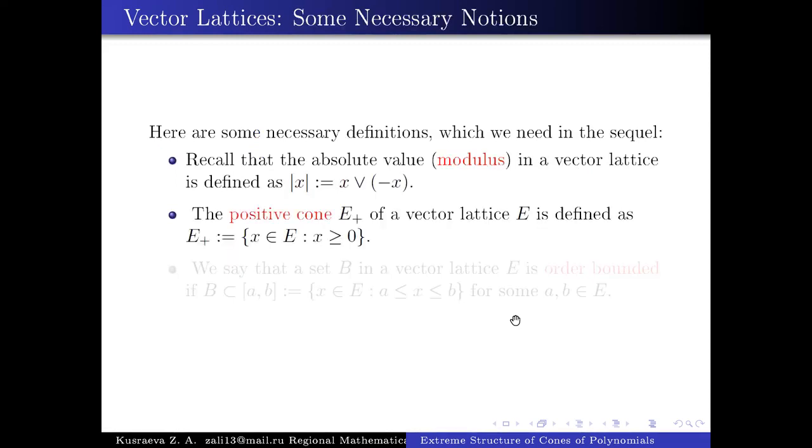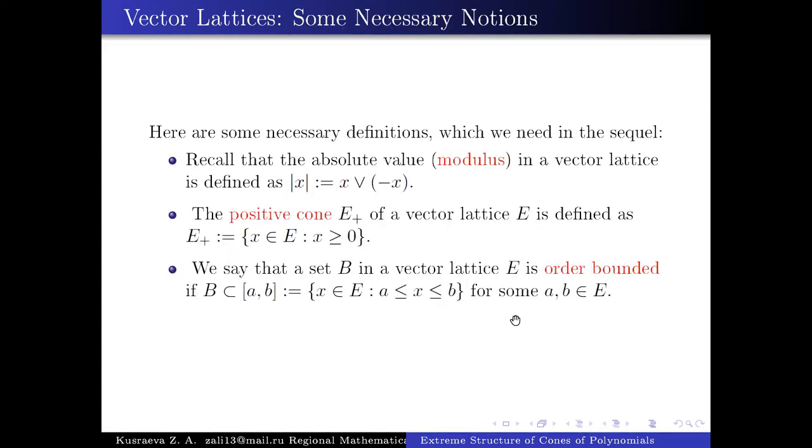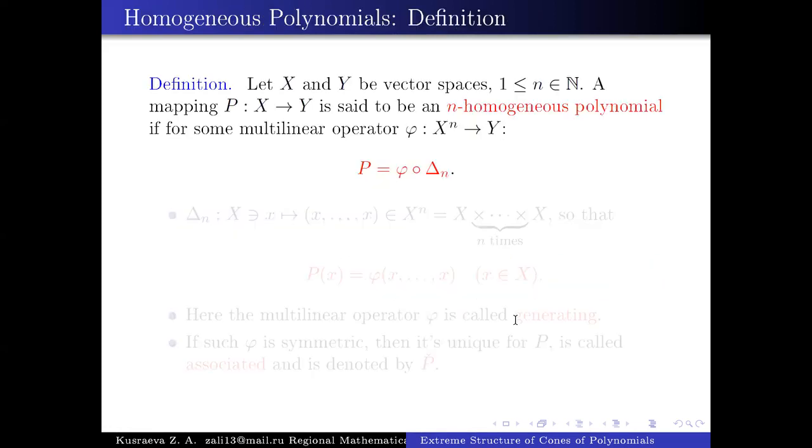I'll skip several definitions which are used in vector lattices, and we'll introduce the notion of homogeneous polynomial, which will be necessary to formulate the main result. Let us consider the mapping P acting between two vector spaces X and Y, and we call it a homogeneous polynomial or polynomial of degree n if for some multilinear operator phi